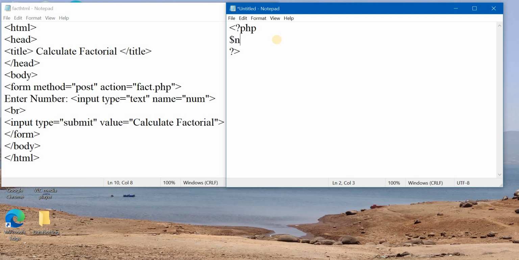So the variable is declared as $num. We need int because we are typecasting from text to number. $_POST, and then I am going to access num. Now once I have the num, I can start the calculation procedure. So for